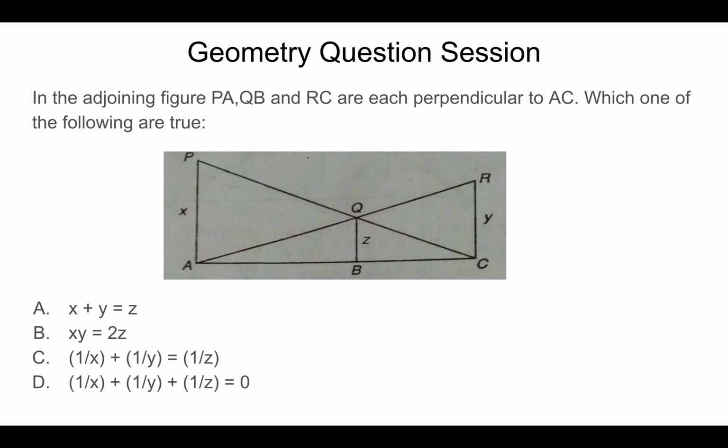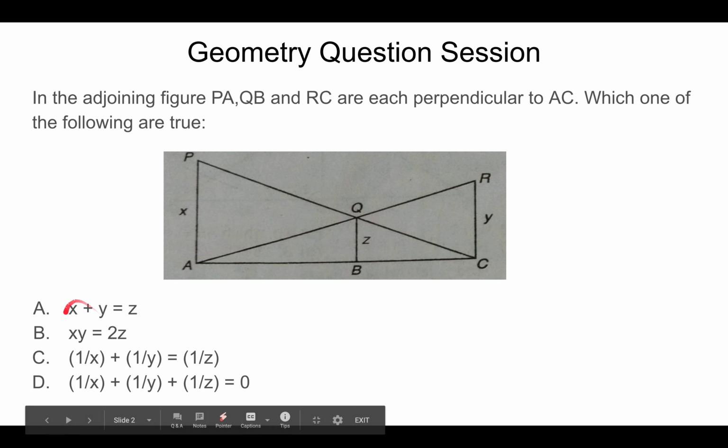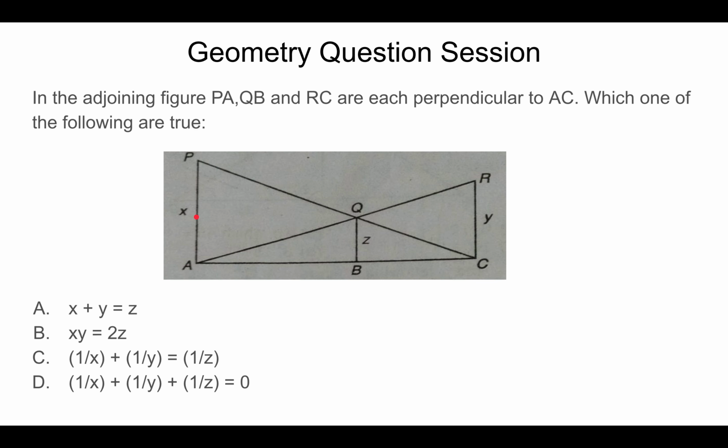The question is, in the joining figure, PA, QB, and RC are perpendicular to AC. Which one of the following is true? So we have to tell the relation between X, which is PA, Z, which is QB, and Y, which is